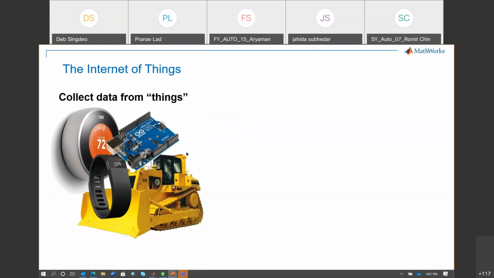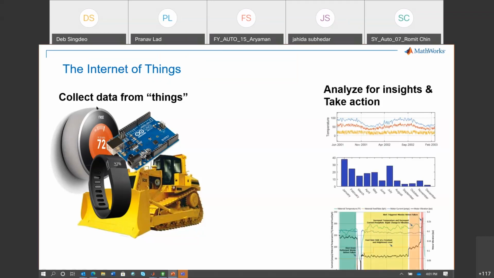As of now, if you look around most of the devices or equipment that we have, chances are that they are in some way or other connected over the internet. And from there, we can collect a lot of data. Then with the data, we want to have the data at a location and use that data to capture certain insights. And often insights are not enough. We should be able to take certain action also.